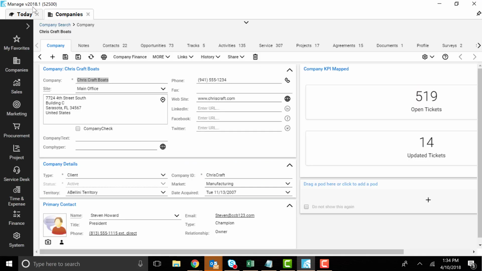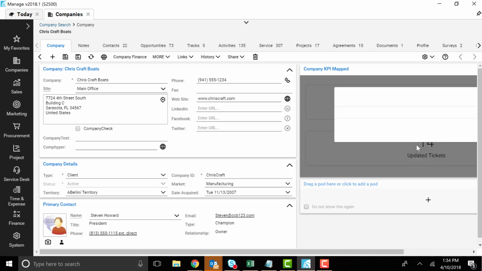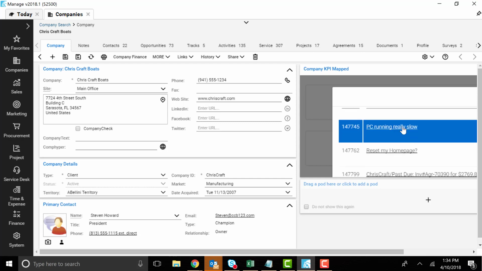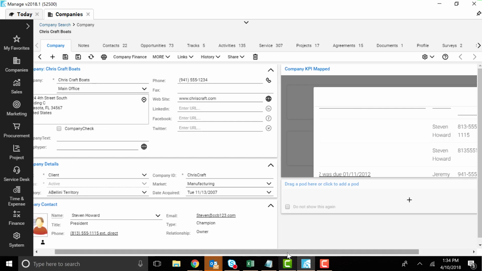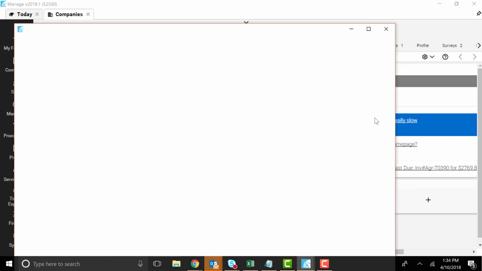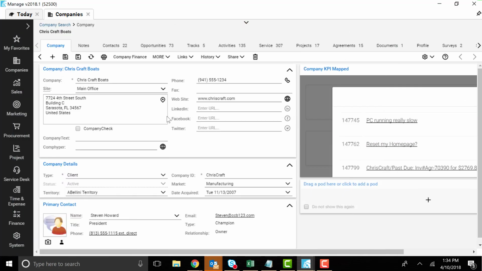Here I've got a company page, Chris Craft Boats, the most commonly used demo company. Me being the service technician, Chris Craft Boats is my VIP client, and I want to take care of them. Anytime they have an update to a ticket, I want to knock that out ASAP. So here I clicked on that KPI, and then we get a list of tickets. We have Stephen Howard, and it's looking like his PC's running really slow. So let's check that out. I'm going to drop that for a bit,